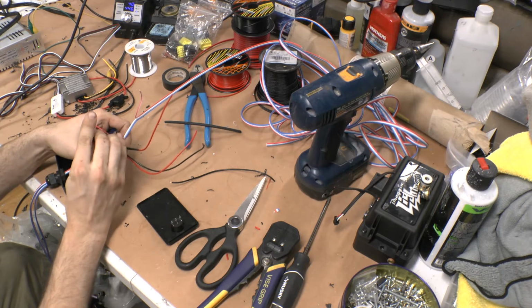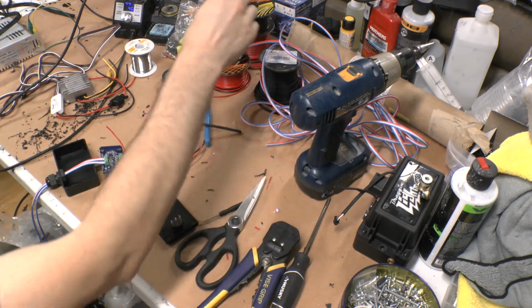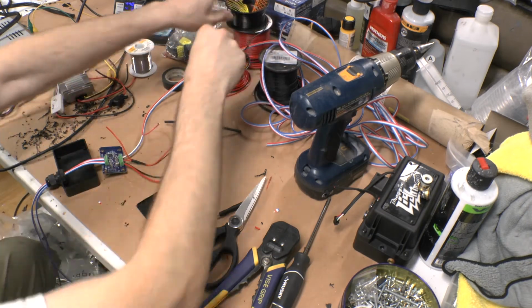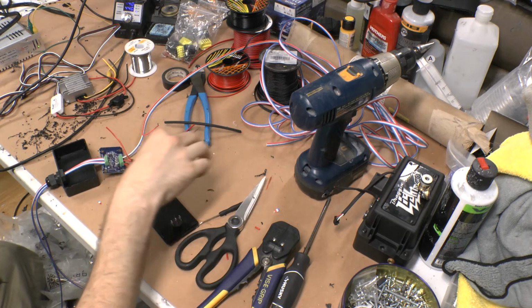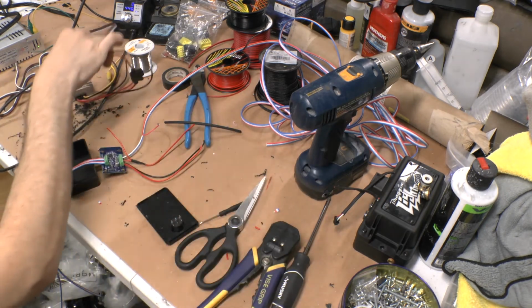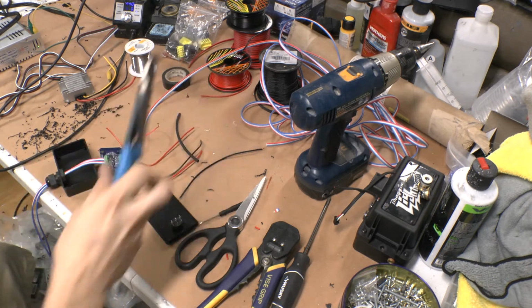And I'm going to tighten that down. Next, got ground. I'll do the controller. Where did I put the controller? There's the controller. Okay, controller. The way I'm gonna do the controller,